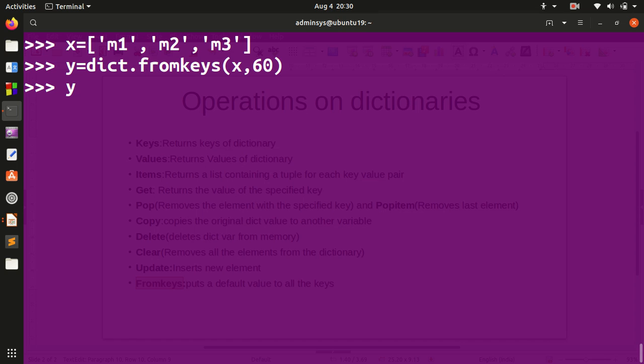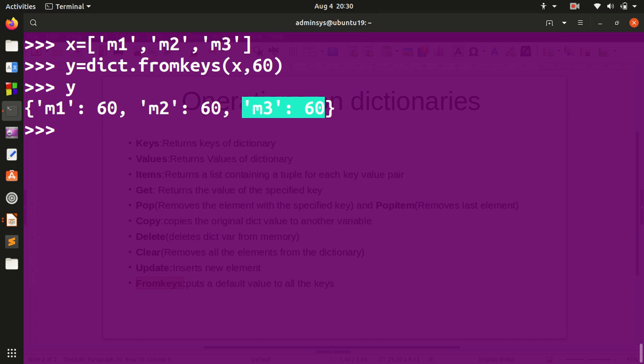Now if I check the value of y, it returns m1 60, m2 60, m3 60. Okay, this is how fromkeys works. Here I need to mention the dict method, not dictionary, that is curly brackets.